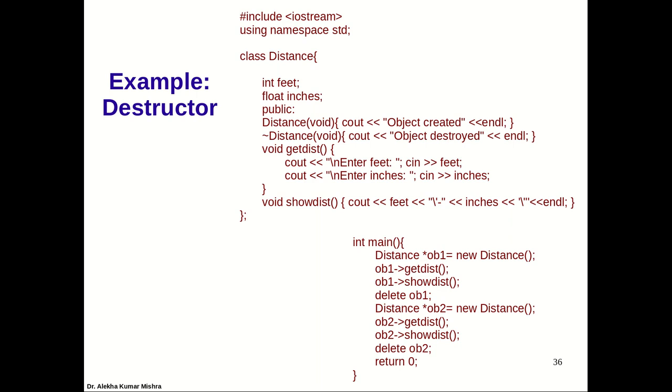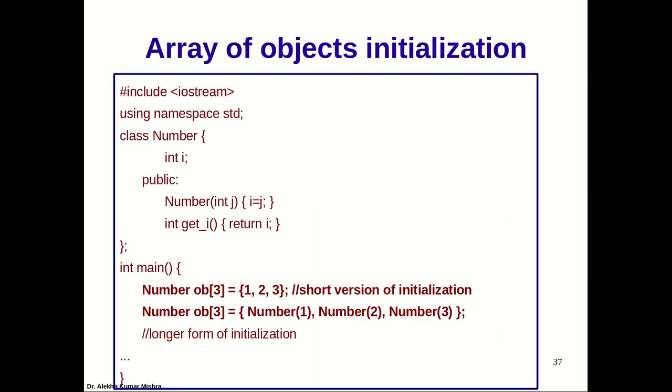Okay, so knowing more about class and objects. The next thing which we'll do is array of object initialization. Now we have already understood how we can define objects, how we can define a default constructor and a parameterized constructor. There is a variation here, how we initialize an array of objects, how we can utilize the constructor. So let us see this example first.